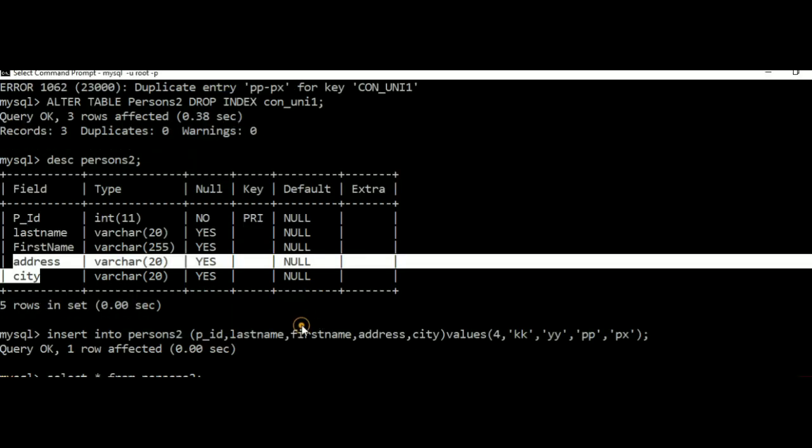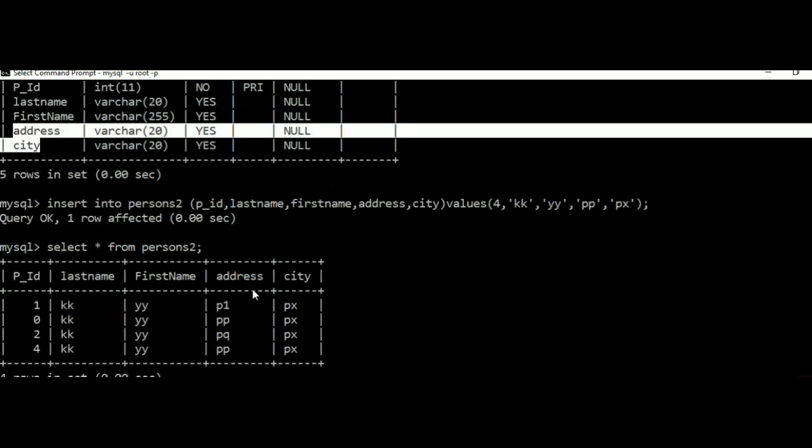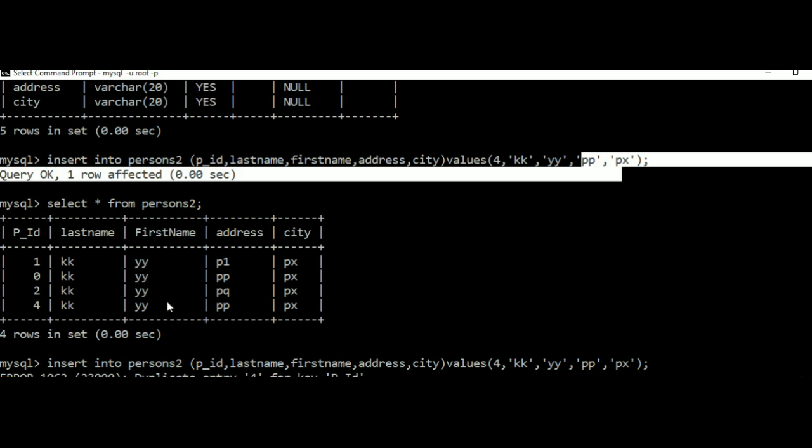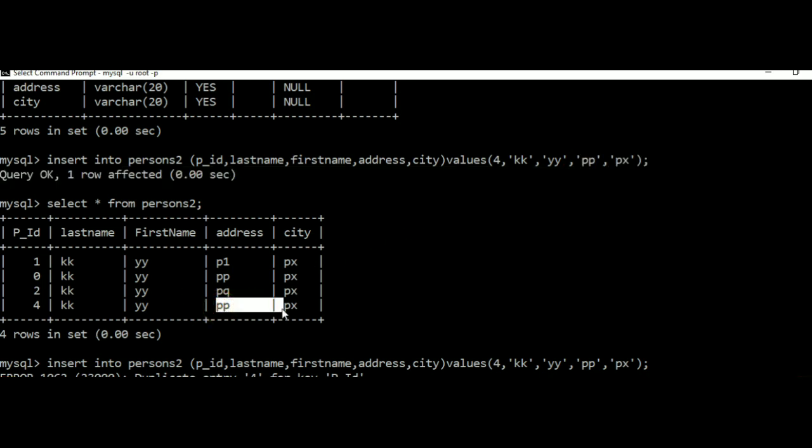Let us check the same thing by inserting a duplicate value called pp and px, and let us see whether it allows us to insert these values or not. So now I try to again insert the pp and px value. Okay, so now it allowed me to insert the pp and px value, which is the same as this one. So this tells us that the unique key constraint on address comma city has been successfully